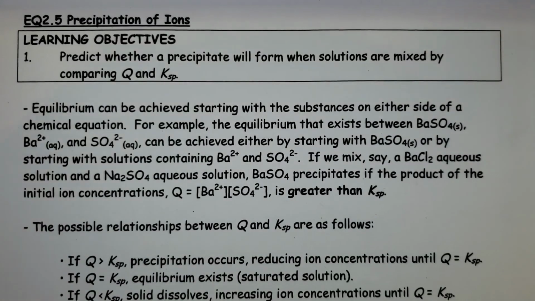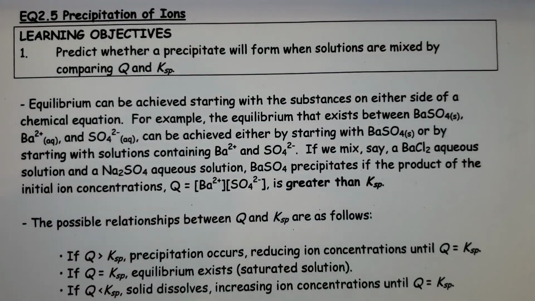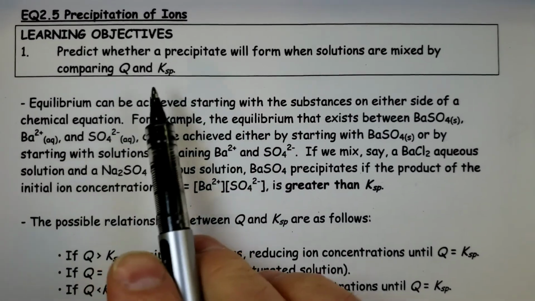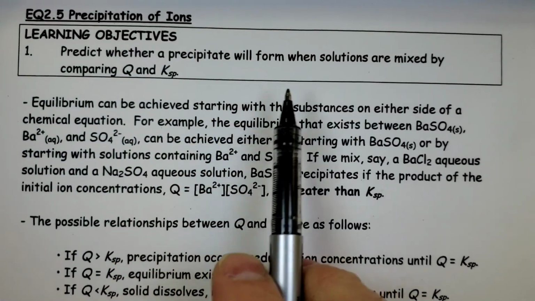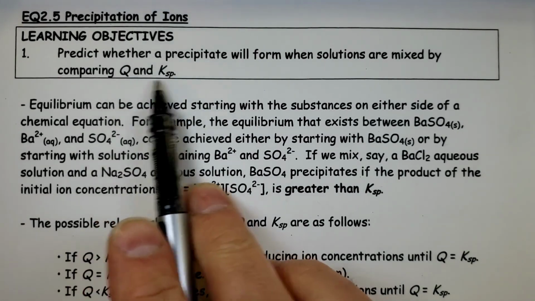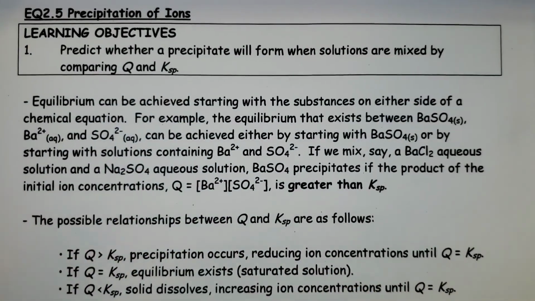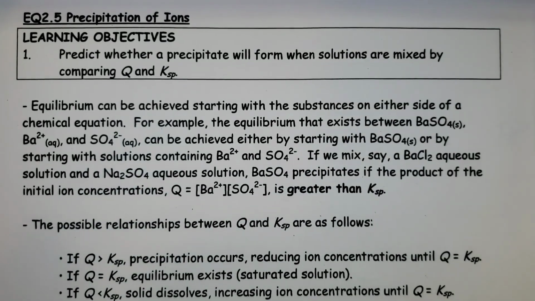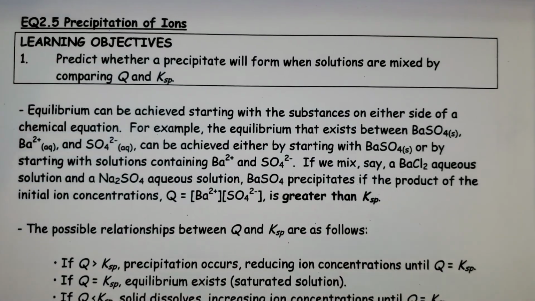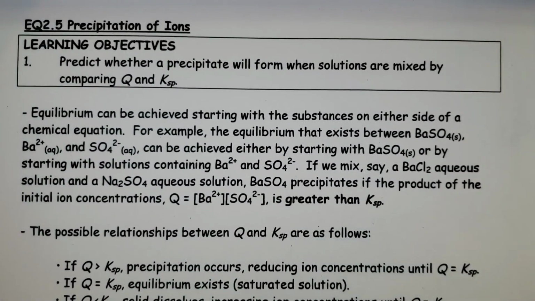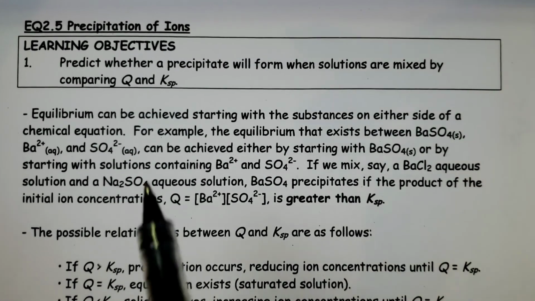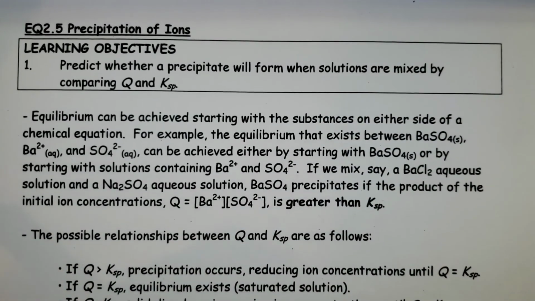Welcome back, Chemistry Theory. This is EQ2.5, the last section of the EQ2 unit, Precipitation of Ions. So here we'll look at whether a precipitate will form when solutions are mixed by comparing something called the Q and the KSP values. So last time we looked at solubility, molar solubility, when there's a common ion acting. The last kind of scenario we look at with solubility equilibrium is this, and looking at whether something dissolves or